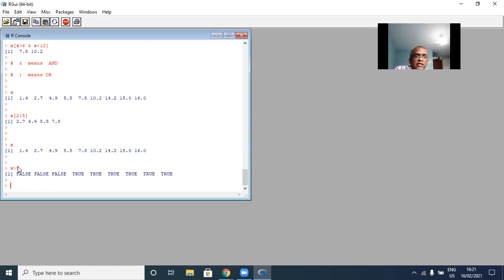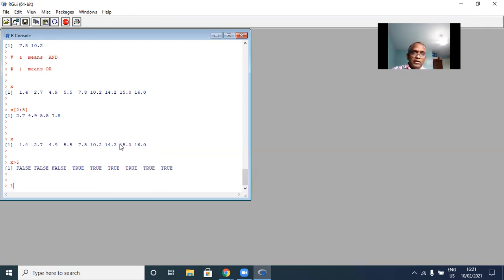So what this means is that it checks whether every data point in the vector is greater than 5 or not. So 1.4 is not, 2.7 is not, 4.9 is not. So the first three are false, and the remaining elements are greater than 5, so they are true. So this is like a true or false vector. A vector contains either true if the condition is satisfied, or false if the condition is not satisfied. So, for example, you can assign